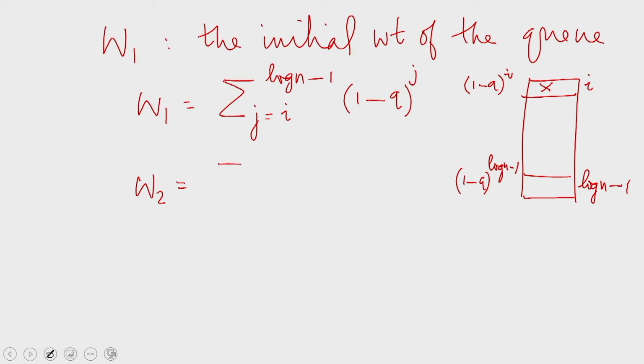So, we can clearly see that this is nothing but j varying from I plus 1 to log n minus 1 of (1 minus q) power j, which is just the sum of these nodes from I plus 1 to log n minus 1. But this we can write as